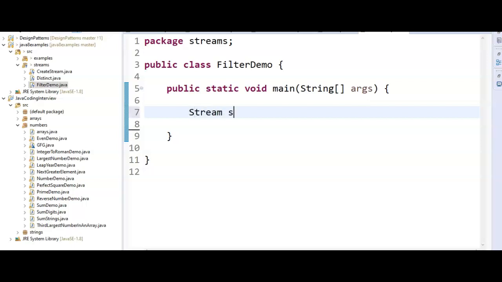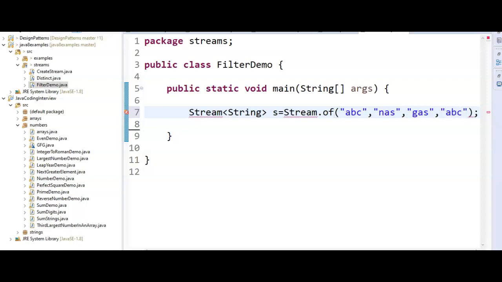So let's create Stream<String> s equal to Stream.of, and just pass the strings here: ABC, and then NAS, GAS, and ABC.